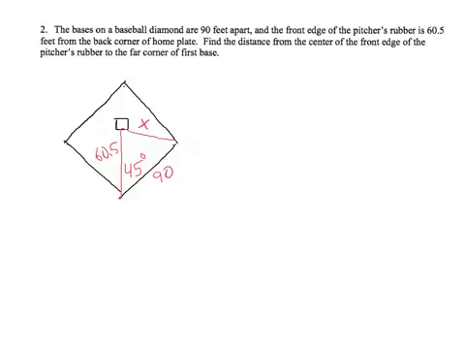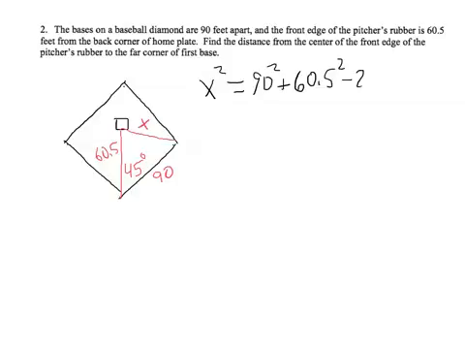I'm trying to find that third side, and this would be a situation where I want to use law of cosines. So that law says figure out what angle you're dealing with, and the side opposite it is what you start out using first. So we're going to have an x squared equals, and we'll start out with 90 squared plus 60.5 squared